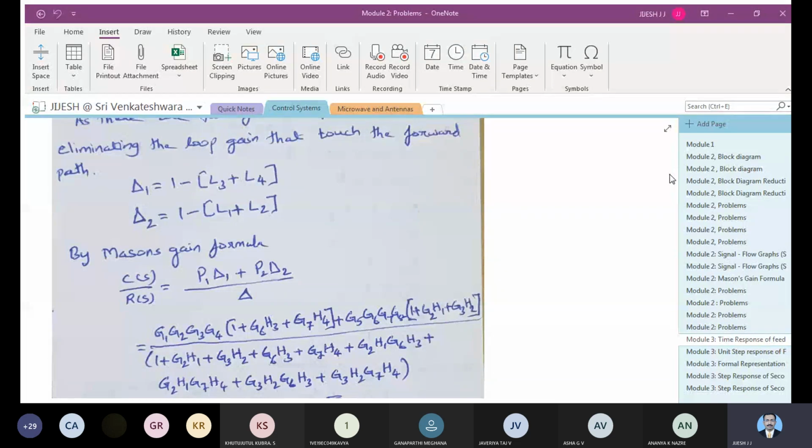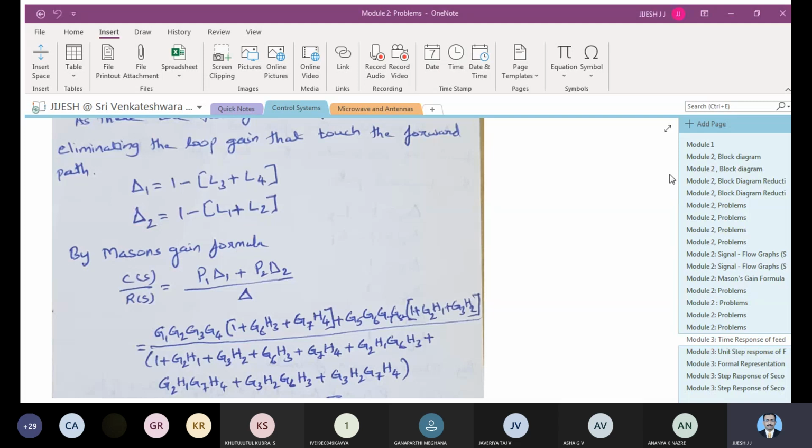time response of feedback control system. Half of module 3 is entirely theory and derivation with fewer numericals, but further we'll be studying some topics where one problem itself will take an hour to solve. So you need to practice it more, because in examination you cannot take more than 20-25 minutes to solve a numerical.